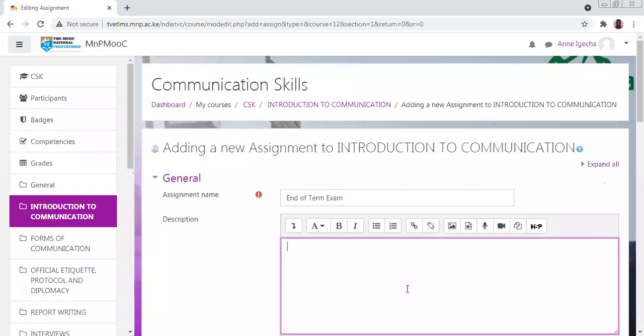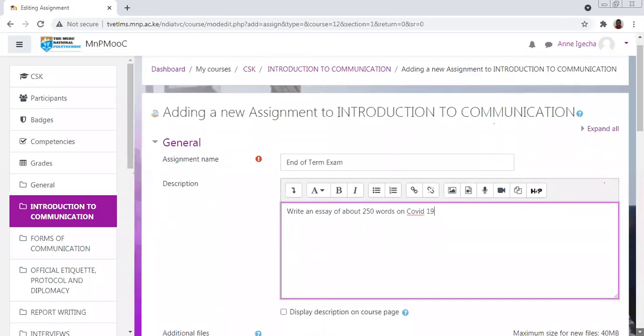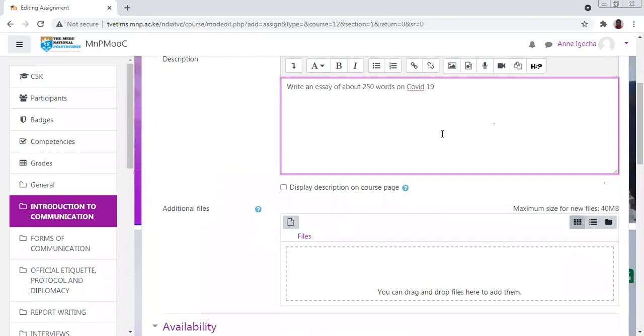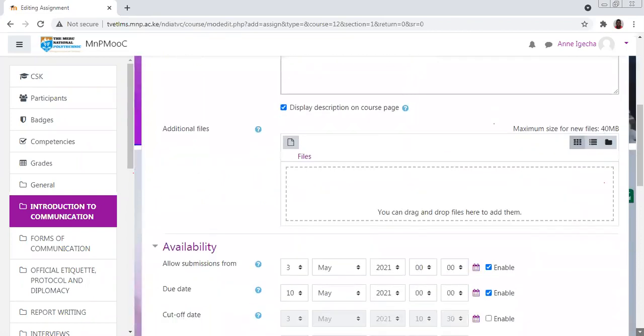Then under the description, now you can say, write an essay of about 250 words on COVID-19. COVID-19 is our description. So say, tell it to display, and then submission. We can choose